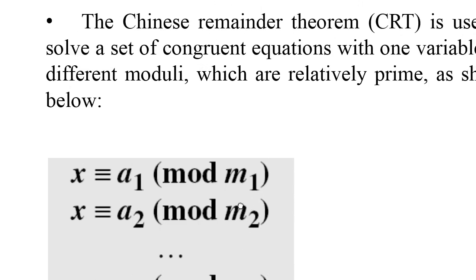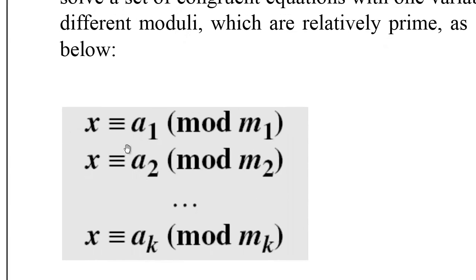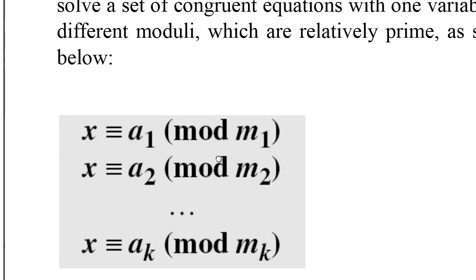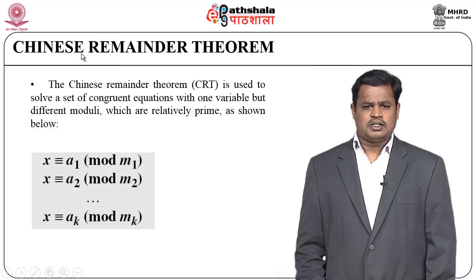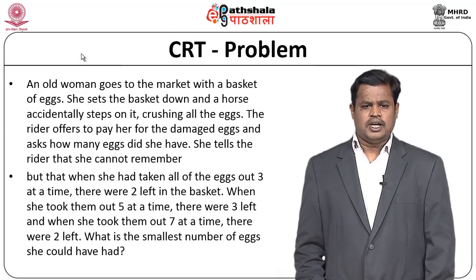So, when we have one variable x on the left-hand side, with different moduli that are relatively prime, then we can solve this kind of equation with the help of the Chinese remainder theorem. Before going to that theorem,